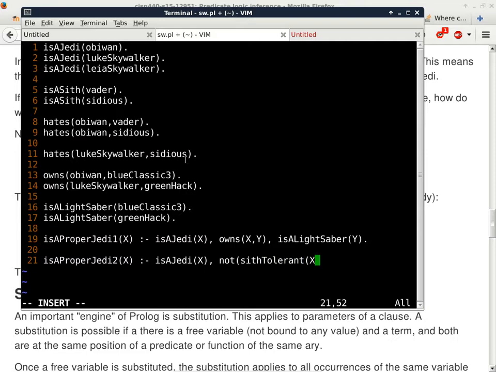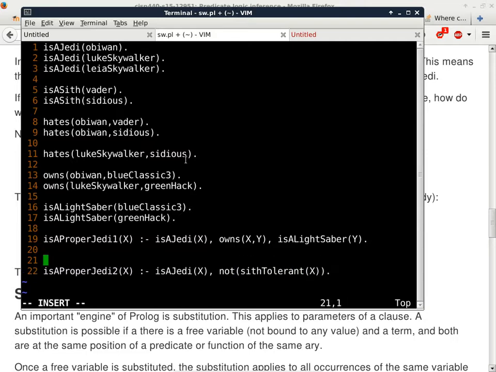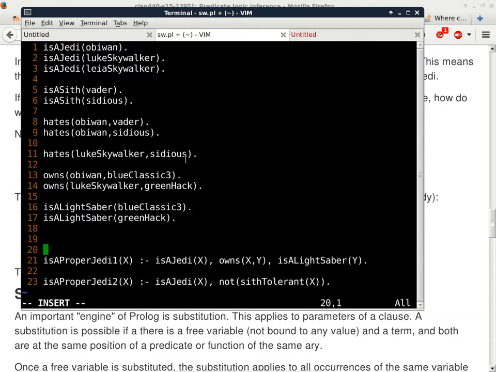Don't you have to define Sith tolerant? Yep, we're going to do that. So we'll go ahead and define it here. Sith tolerant X only if, okay? You said it on the page. It has to be